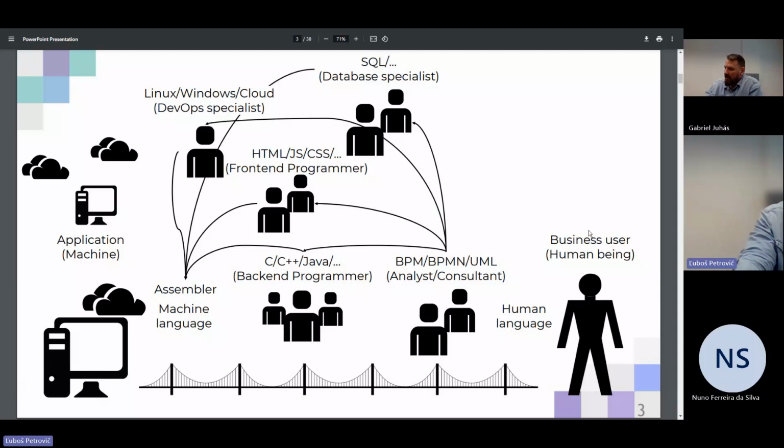On the other hand, you also have a tendency to come from specification of application written in natural language to specifications that use different visual modeling techniques, different diagrams like class diagrams for a data model of your application, or Business Process Model and Notation diagrams for modeling business processes that you are digitalizing or automating using your application. And